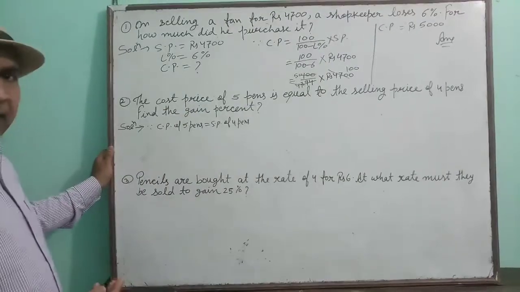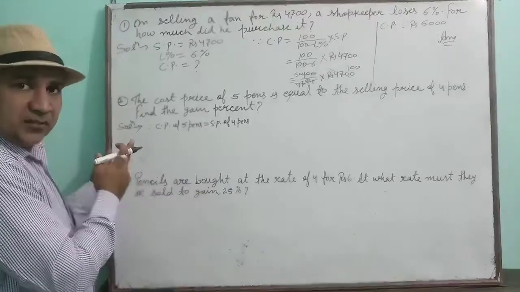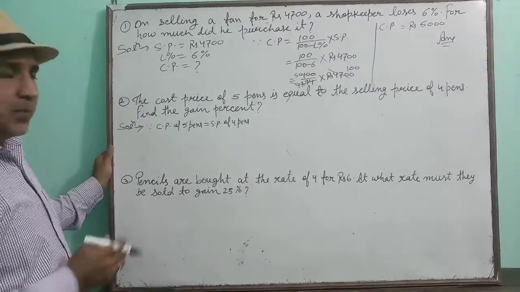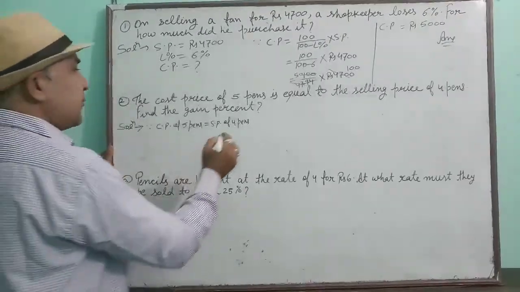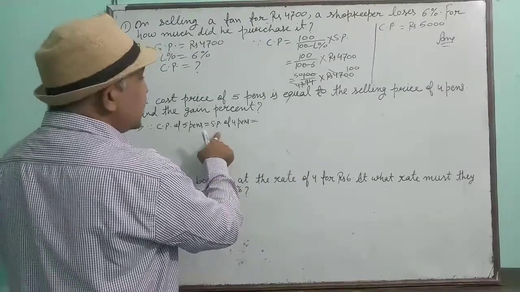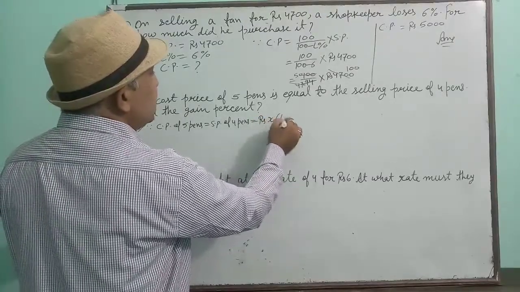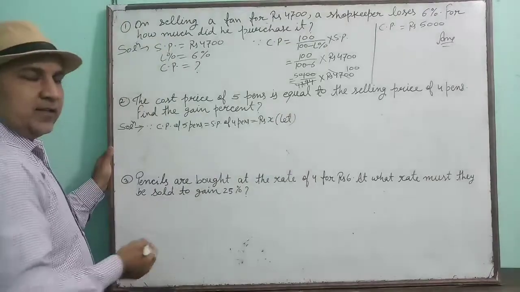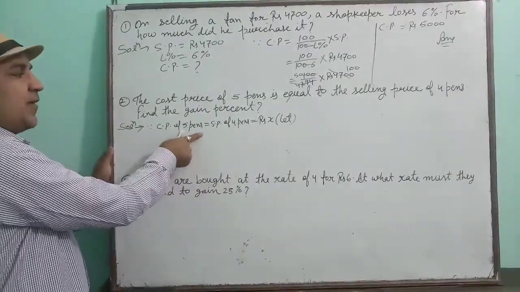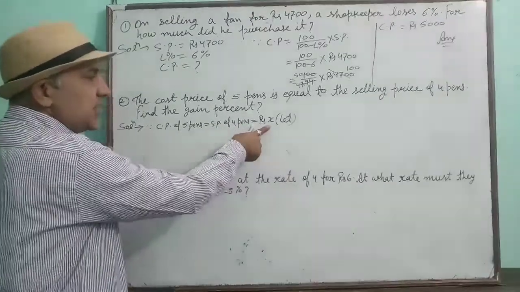So what is the gain? To check this, first we should know whether cost price is more or selling price is more. But here nothing is given. So suppose that the cost price of 5 pens and the selling price of 4 pens both are equal to rupees X. Okay, I have written here "let". That means we are supposing that the cost price of 5 pens is also X rupees and the selling price of 4 pens is also X rupees.